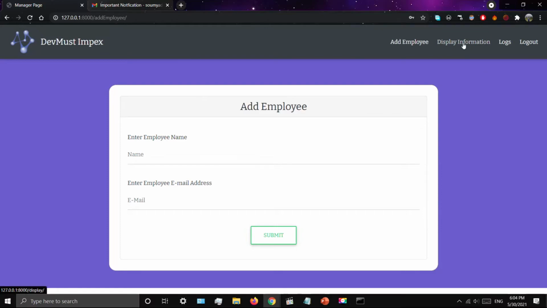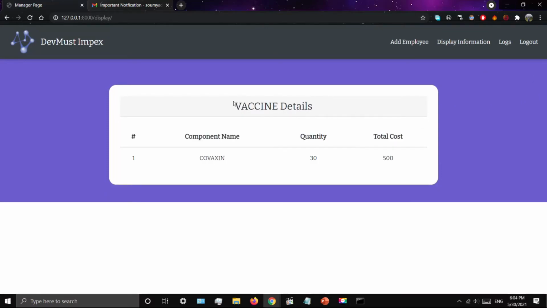If we click on display information, we can now see that one vaccine detail has now been added here, which is named Covaxin, quantity which was specified by us, and total cost which was also specified by us.